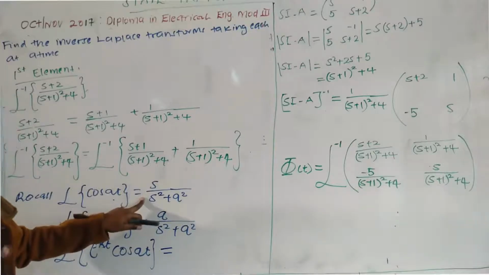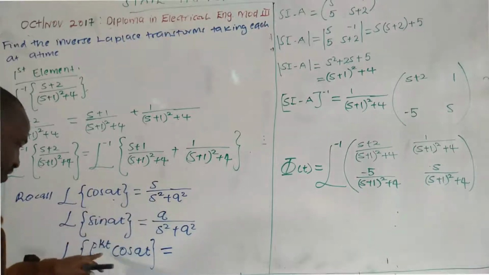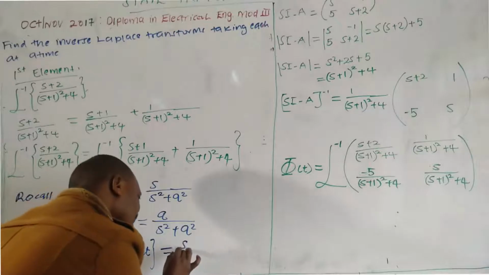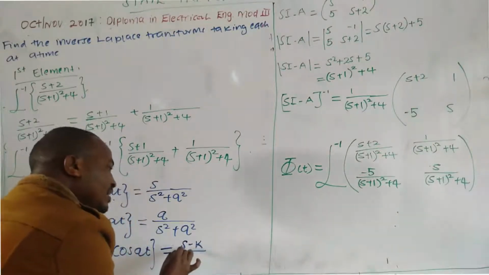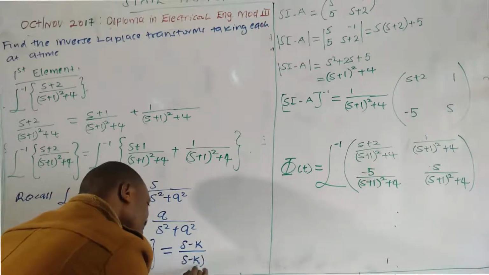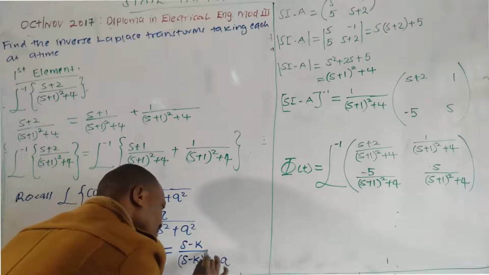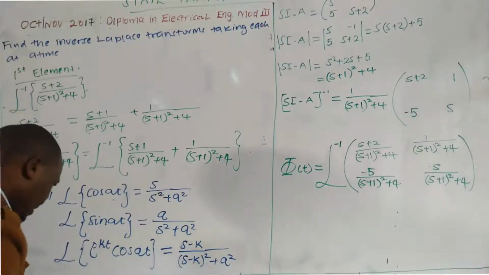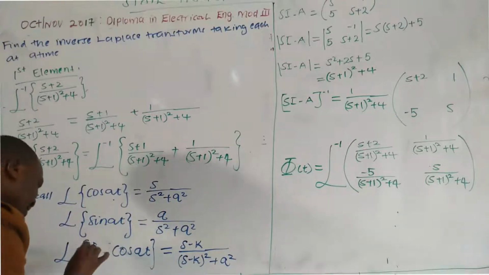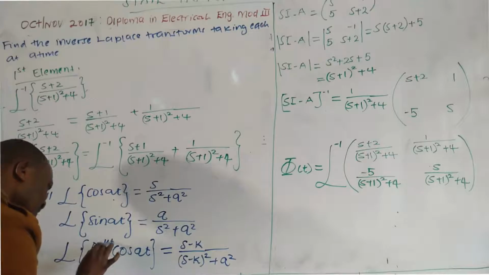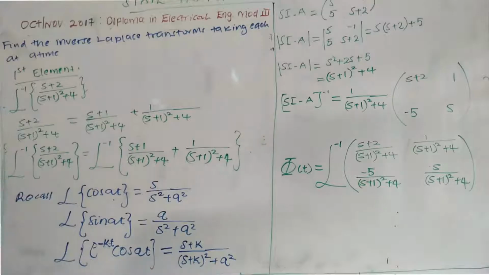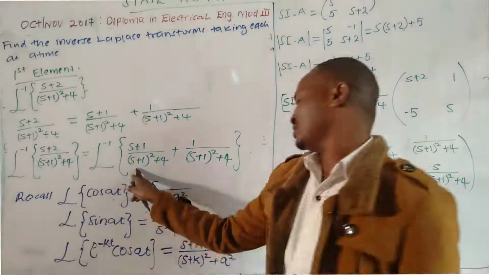But whenever you encounter an s, subtract a k, because here it is positive. That is s minus k, because you have encountered an s here, s minus k, but it was squared plus a squared. Now this is it here. If it is here negative k, negative kt, because here you have negative, here you'll be adding, you will not be subtracting. So you can notice this one takes this form.